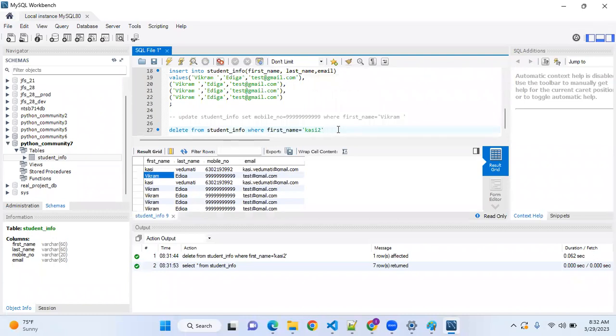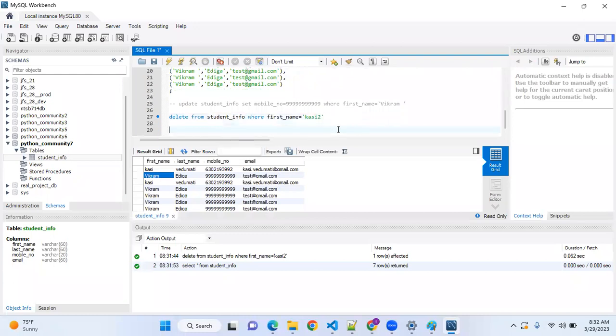And you can pass multiple conditions also at a time, guys. When I say multiple conditions, first name equal to Kasi and last name equal to so and so, and first name equal to this and last name equal to that, and all you can pass. If you want to delete multiple records at a time, for example, delete from student_info where first name equals Kasi or first name equals Vikram.